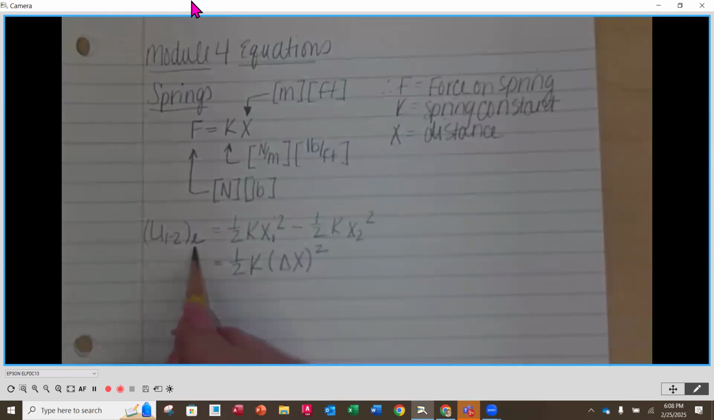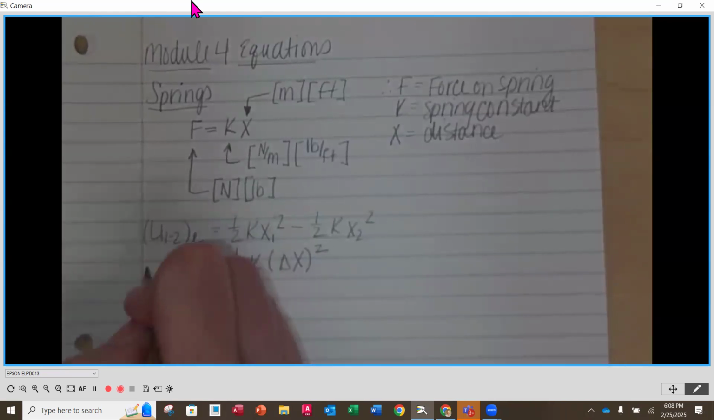This one here, it's a lowercase e for elastic work. So it's work due to a spring. Okay. Now the other equation that we can use, 1 to 2. So this would be an or, okay? Or